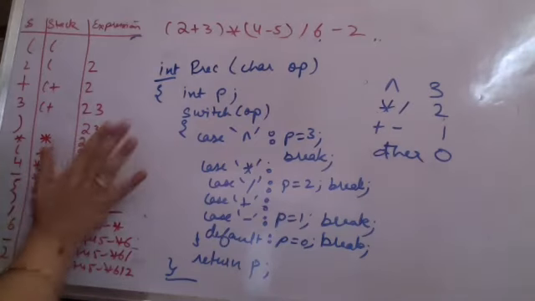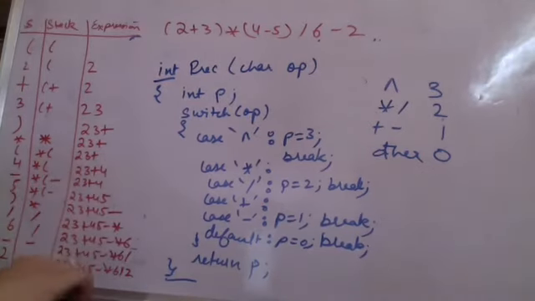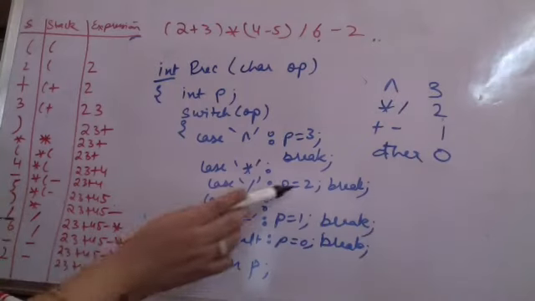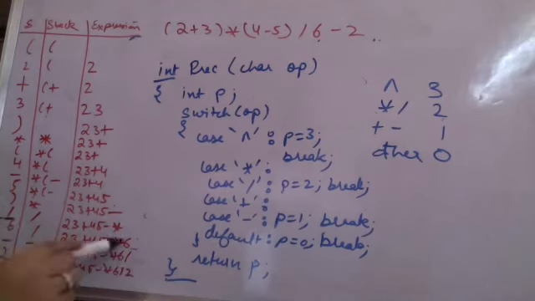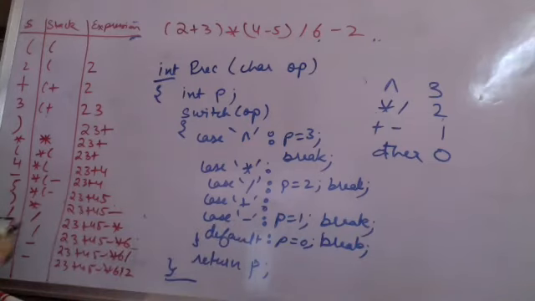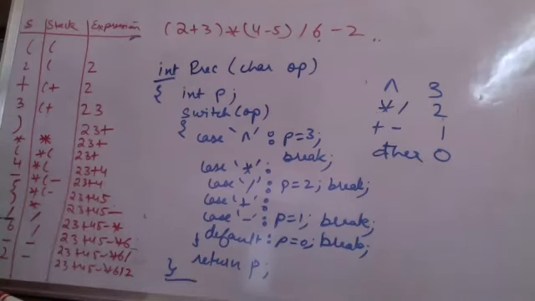Is it now clear? How am I checking precedence? Like in this case, when I was trying to add divide here, I was checking the precedence. Divide's precedence is 2. Multiply's precedence is also 2. That means I have to pop it. Similarly, when I was trying to insert a minus over divide, minus precedence is 1. Divide precedence is 2. Again, if there is a higher or the same precedence on the stack, I need to pop it. Is it now clear?